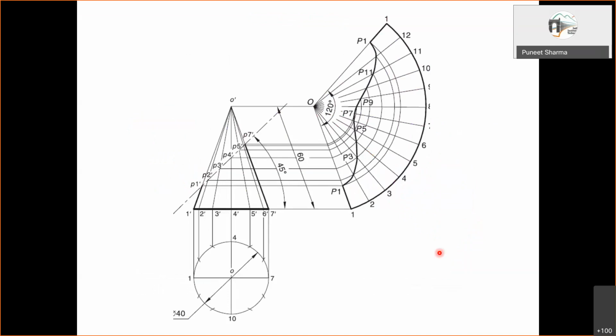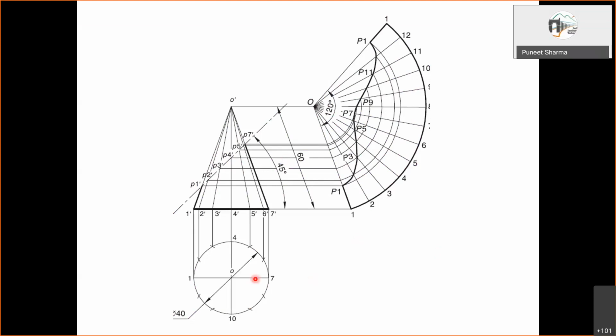We need to have a closer look at this, because in the previous slides we discussed the method of development in general, but when you draw the generators and then actually draw it, what care we need to take can be understood from this.